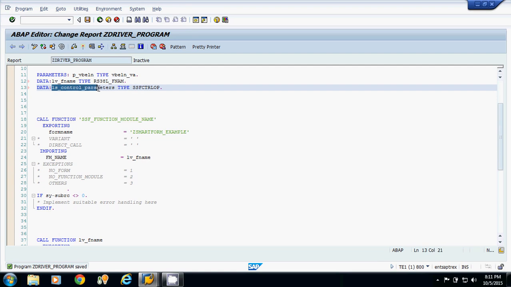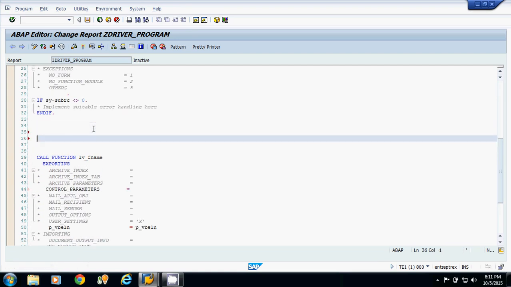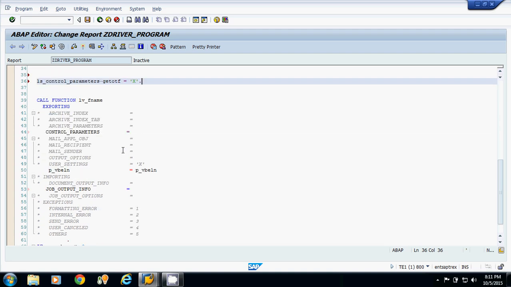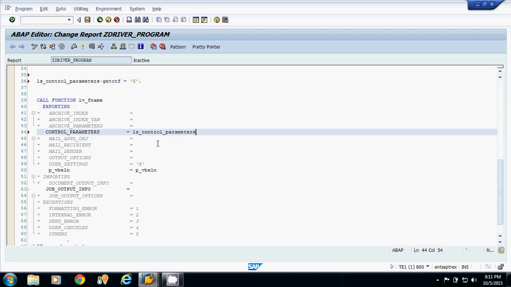Now I will pass the parameter get_otf as X. This structure has the parameter get_otf equals to X. Now I am passing this parameter to this function module of the smart form.